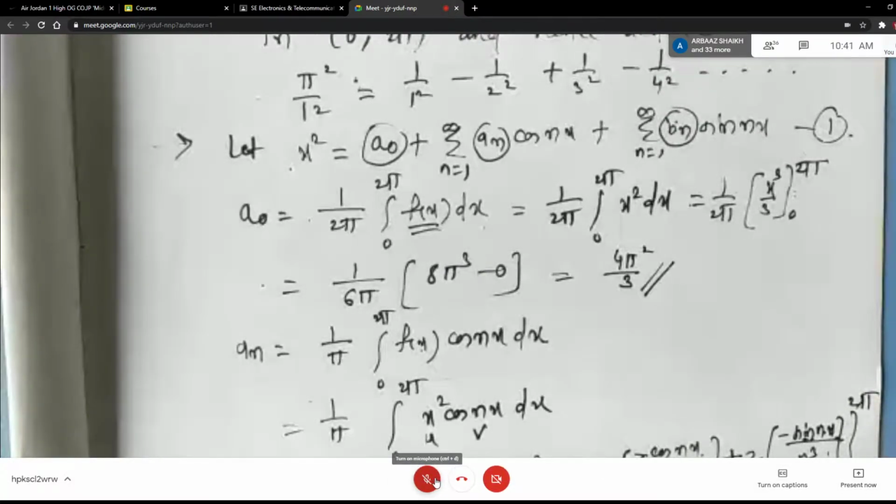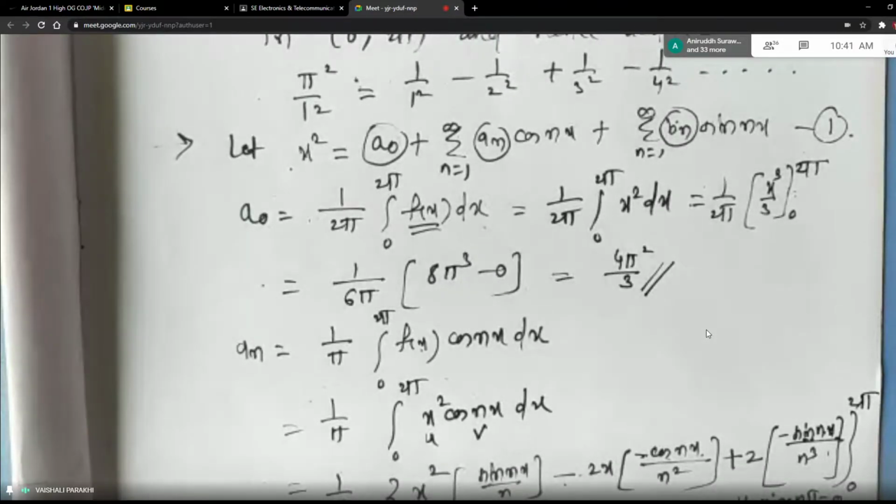Okay, students. In the last class, we started with the third unit, which is called Fourier series. In Fourier series, I had given you in the beginning some standard formulas. The most important thing in Fourier series is to get the values of the unknowns a0, an, and bn, which are called the Euler's coefficients. There are special formulas in the form of definite integrals to find a0, an, and bn.